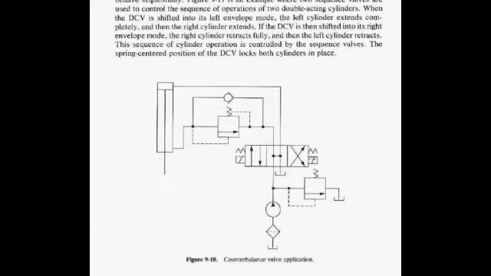So this is nothing but the 3 position 4 port double solenoid operated open center direction control valve. Let us see the different position configurations we are going to have. First let us start with the left envelope, right? When I actuate this solenoid, this configuration is going to be actuated so that the fluid